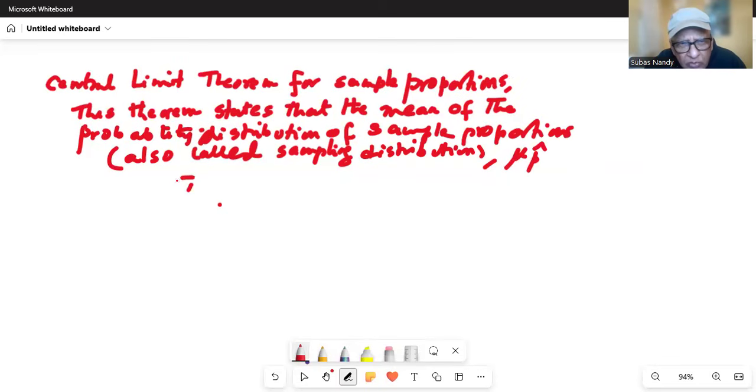So this theorem states one, mu p hat, which is the mean of the probability distribution of the sample proportions,